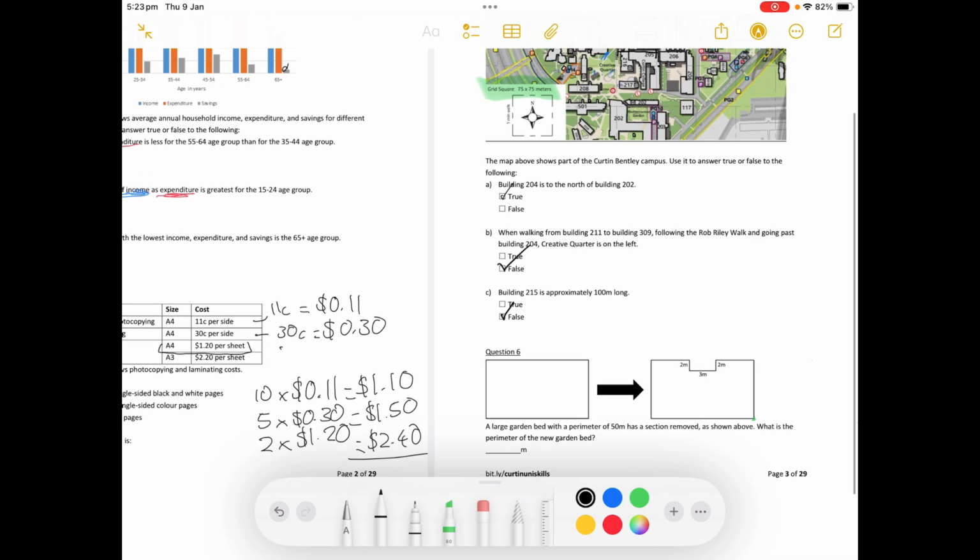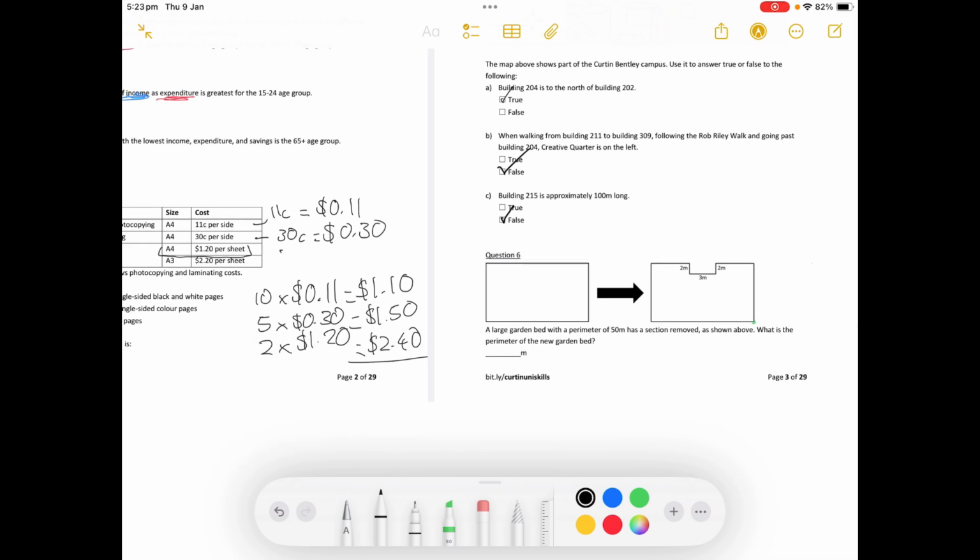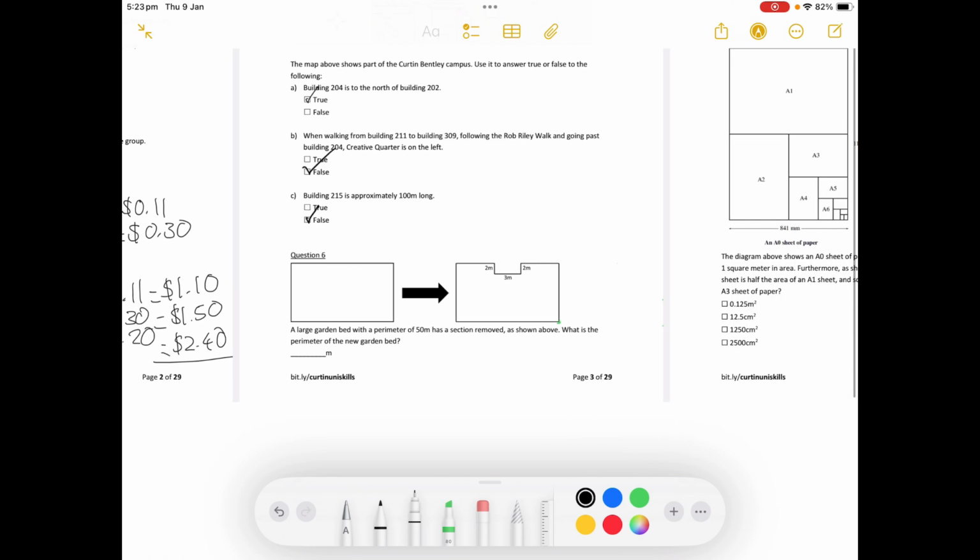Right. Question number 6. A large garden bed with a perimeter of 50 meters has a section removed as shown above. What is the perimeter of the new garden bed? Okay, so how we do this, what we notice is that I had a rectangle originally, and then now I've got a rectangle and I've cut out a bit. But a lot of people would think that this means that the perimeter decreases. It actually hasn't, because I will show you guys the old perimeter and then we'll map it out on the